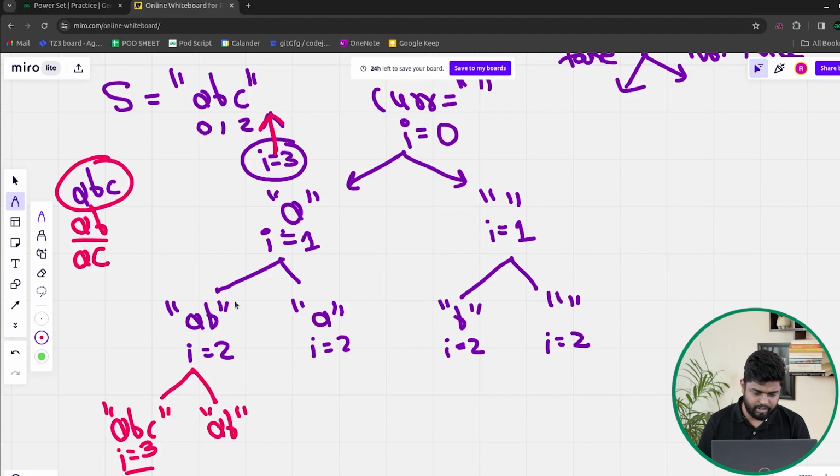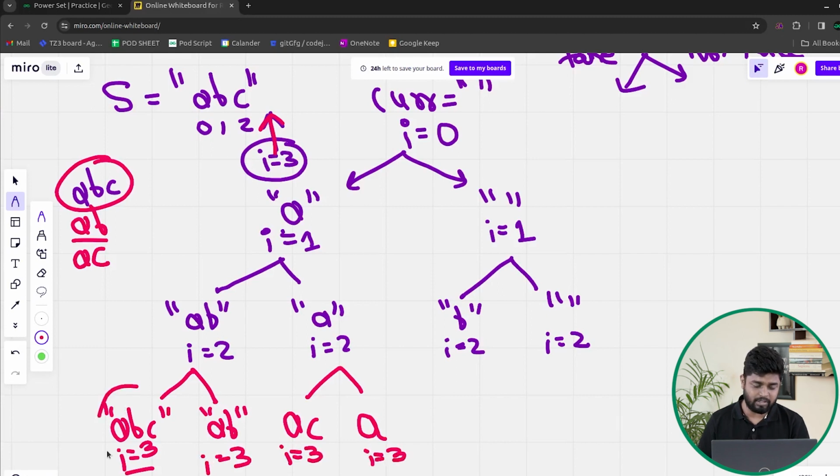And I would store it. Then after that, if I take I is equal to 2, then it would be what? AC. If I don't take it, then it will be A only. So here I always keep on becoming 3. So since I always becomes 3, I'll keep on storing all these answers